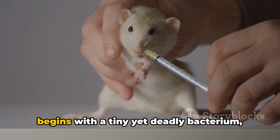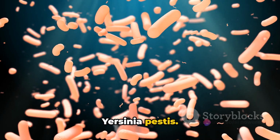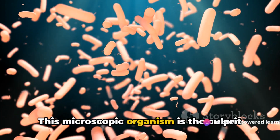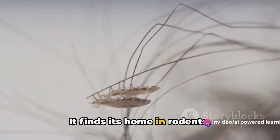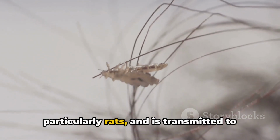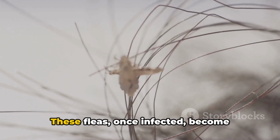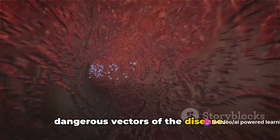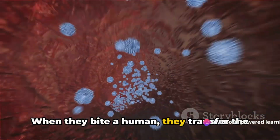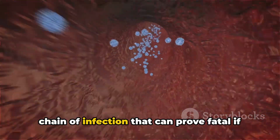Well, the story begins with a tiny yet deadly bacterium, Yersinia pestis. This microscopic organism is the culprit behind the bubonic plague. It finds its home in rodents, particularly rats, and is transmitted to humans through the bite of an infected flea. These fleas, once infected, become dangerous vectors of the disease. When they bite a human, they transfer the bacteria into the bloodstream, starting a chain of infection that can prove